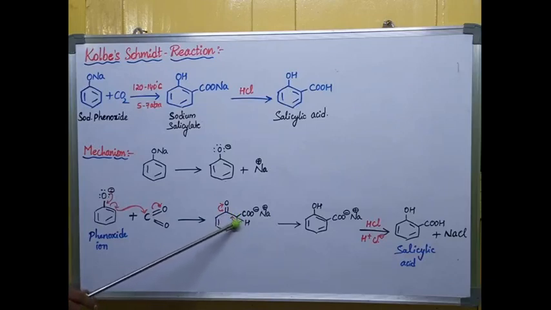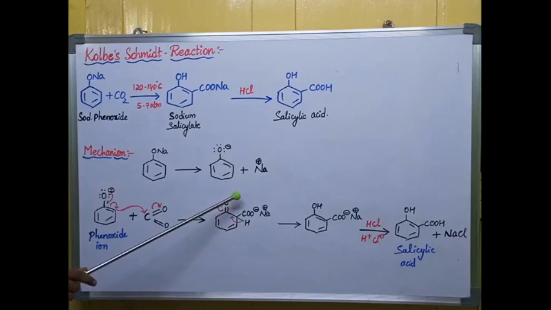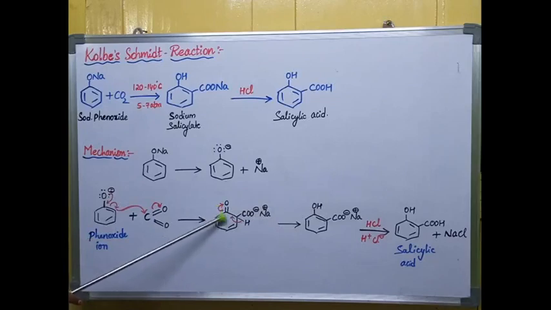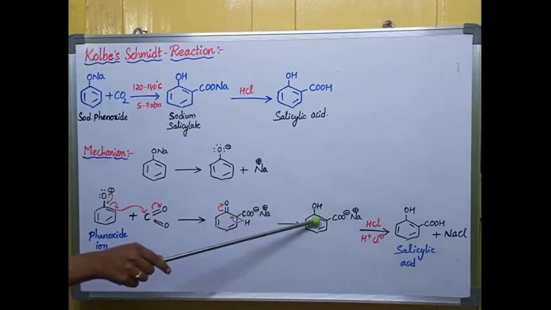This hydrogen donates electrons to satisfy this bond. And again, if I shift this bond to this side, this oxygen gets negative charge, and this hydrogen is positively charged. This negatively charged oxygen attracts this positively charged hydrogen and forms an OH bond. And here this positively charged carbon and this negatively charged carbon form a double bond here.